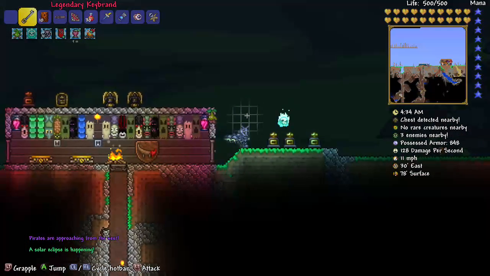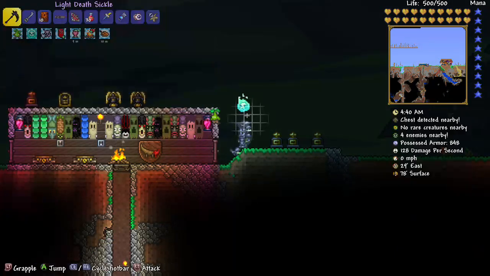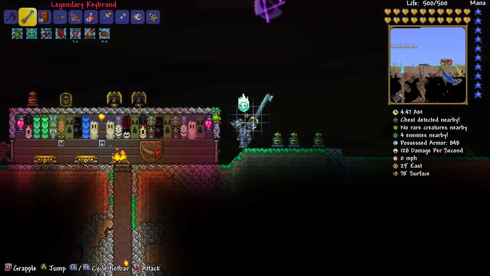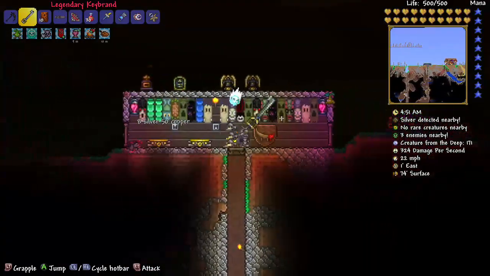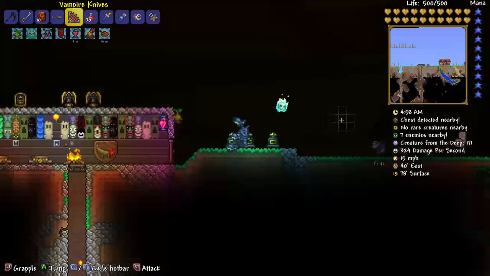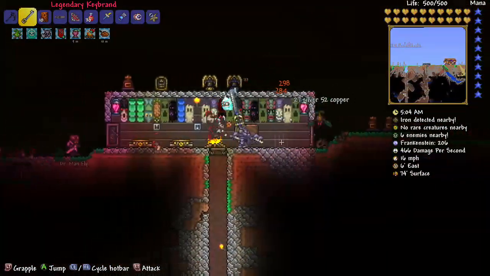Oh man, this is gonna be a fun event. Pirates are approaching from the west and a solar eclipse is happening. This is gonna be rather interesting, I would say. Oh man, this goes insanely fast now. Why didn't I learn about this item sooner? Because this item kind of breaks the game. Wait, how much do the vampire knives do? 39 damage? It's not that much of an improvement, but it's faster, so